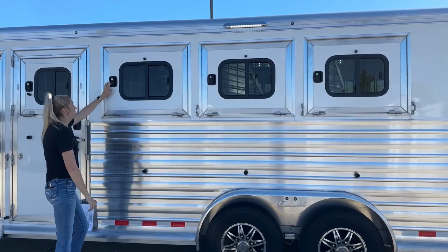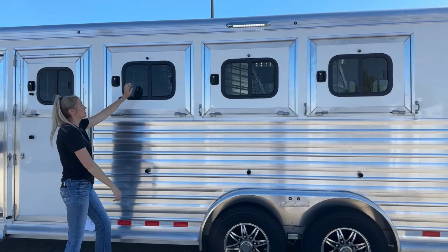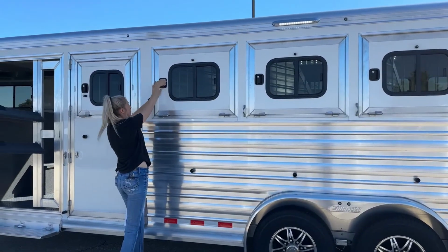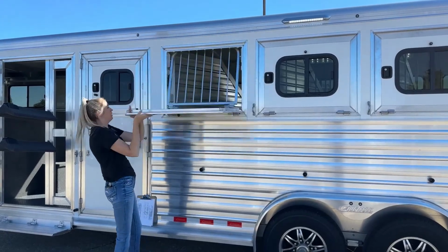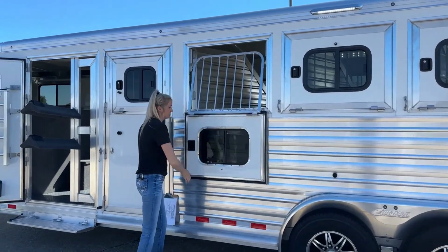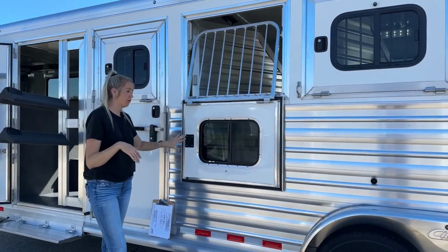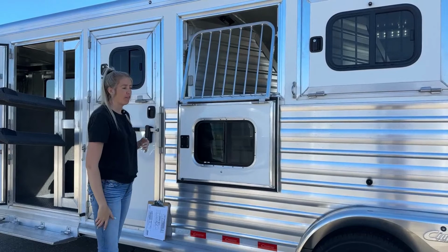They went ahead and they added the latch right here in the middle, so you don't have to reach way up here to the top to get it. So all you're gonna do is just push on it a little bit and pop that open, and then it kind of sucks into that grommet there and holds it down. So when you are driving down the road, these will stay put, and you can run your trailer like this